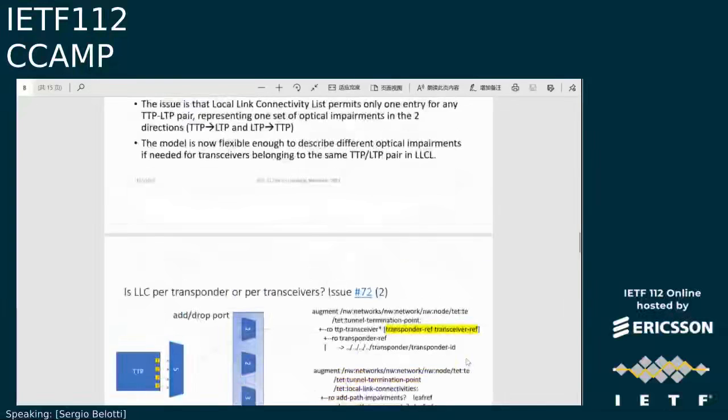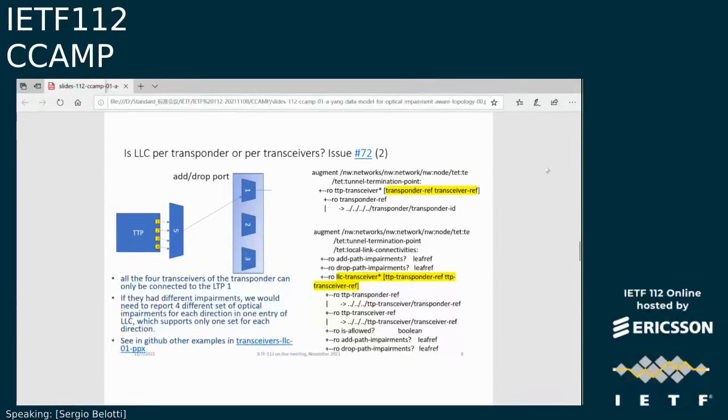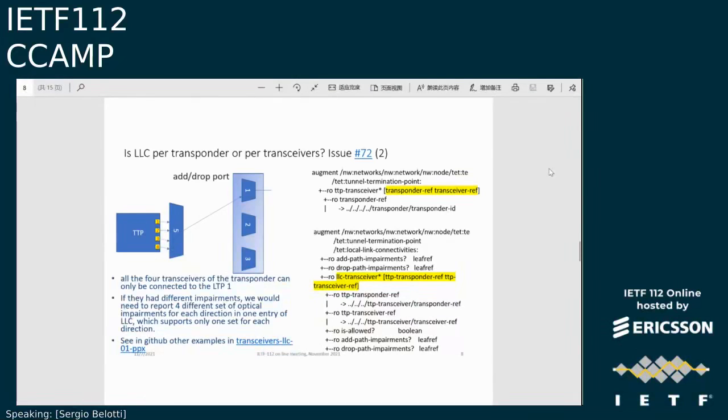Next slide. Here on the left is one of the examples. Other examples are in the GitHub, in the presentation that I mentioned here, the title. We have here one transponder with 4 transceivers. All the 4 transceivers are connected to the same local LTP, so the same port of the add drop part of the ROADM, that we can call nominal LTP1. So all 4 transceivers are connected to the LTP1. If we hypothesize that there are not the same impairments between the 4 transceivers,